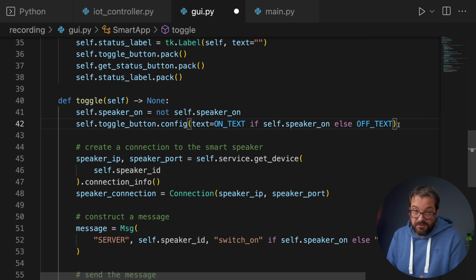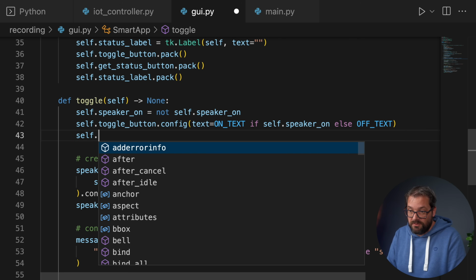You can probably avoid using this variable, by the way, if you just read the text from the button, but I think that's not really clean. I think this works a bit better. So these things we still need to do here, but what we can do now is